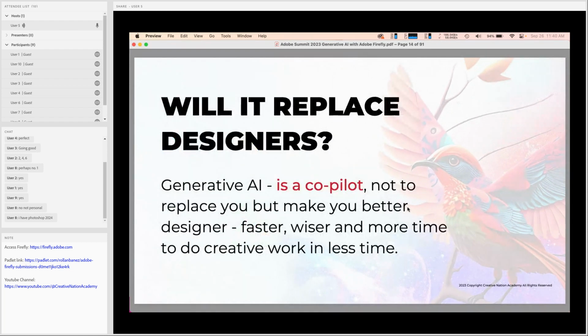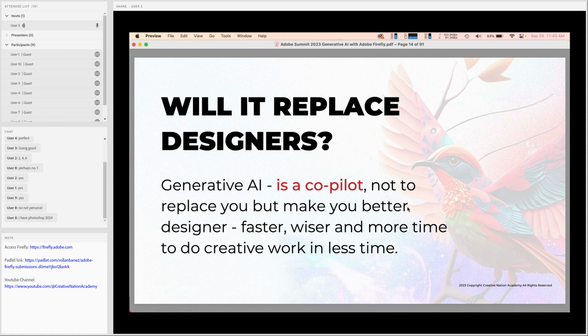And the only question that keeps being raised in my mind and also to my fellow designers. I'm also a designer. I've been a designer for almost 10 years now. So, will it replace designers? I always think of it on the positive side.